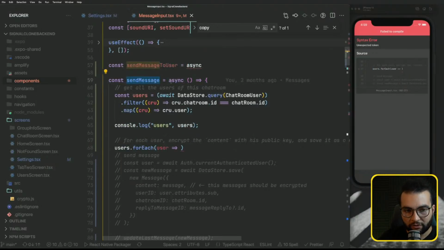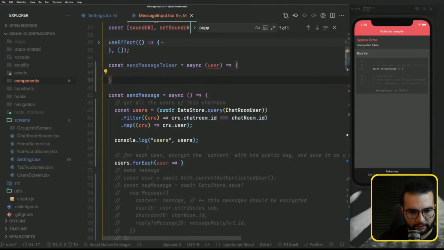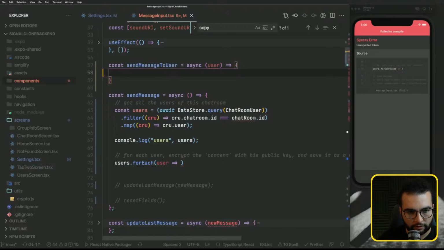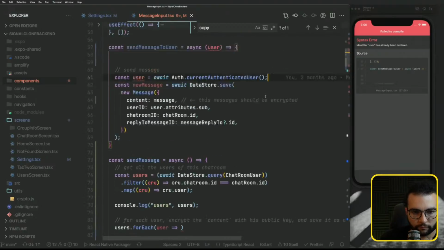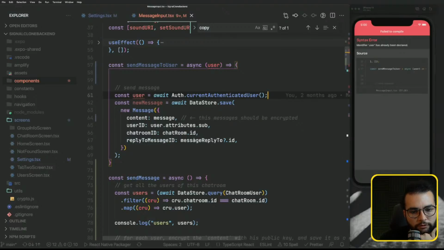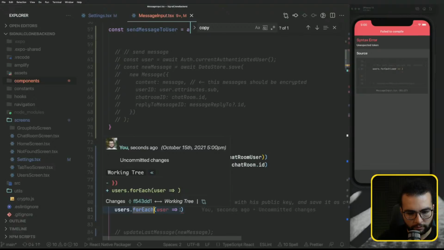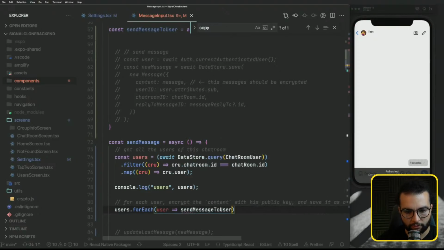This function is going to send to all the users, but this one will send to a specific user. So it will receive a user here. And I will copy some of the things from here, send message. Send message to user. So for each user, we are going to send message to user,